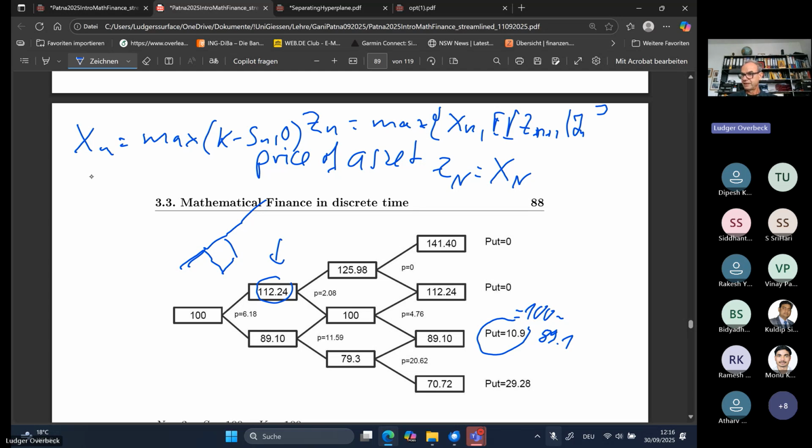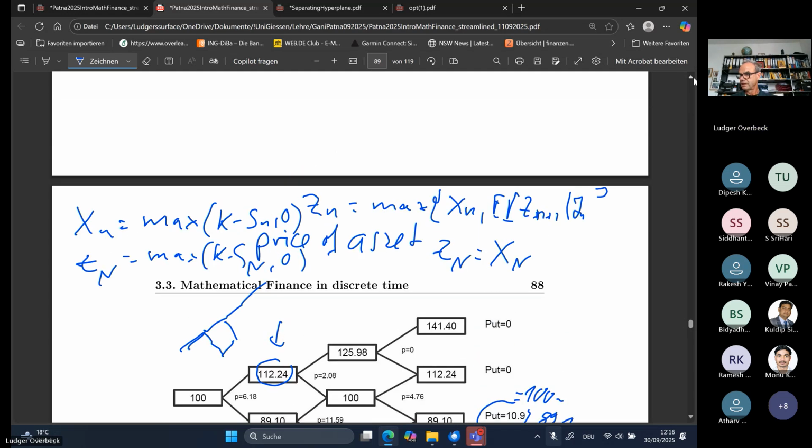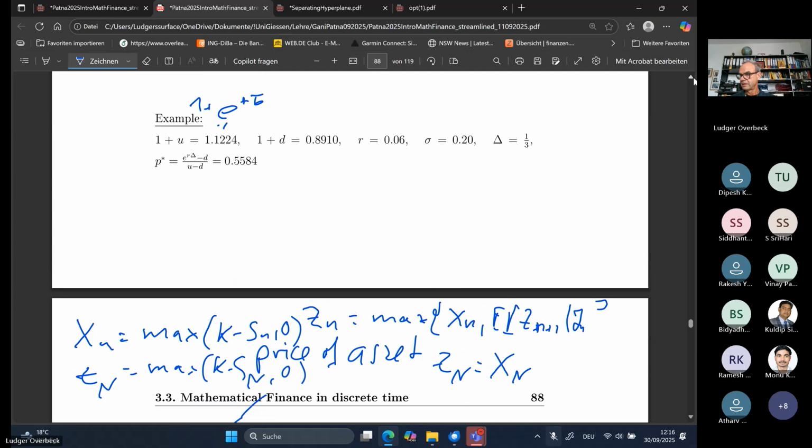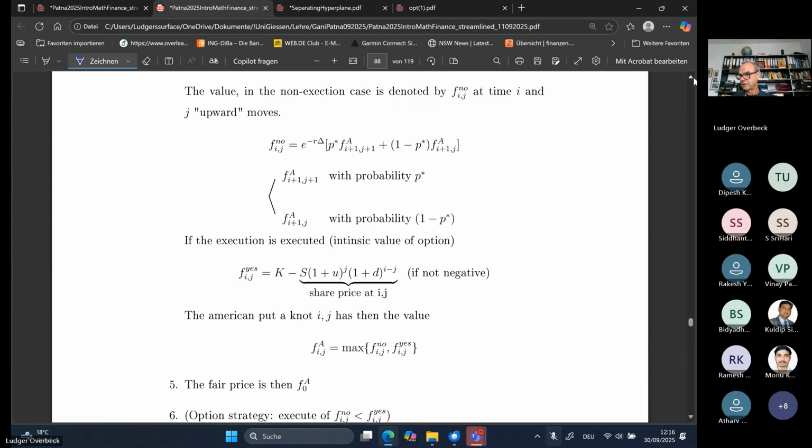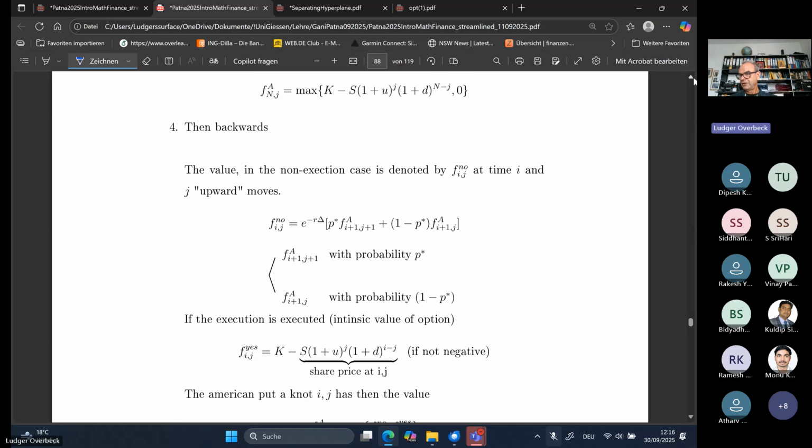Now you got Zn equals max of K minus Sn, 0. That's the definition of the Snell envelope. Okay, now you go backward. So this means you go to one of the nodes. And then what you do, then you have this non-execution. If you didn't execute, and then your